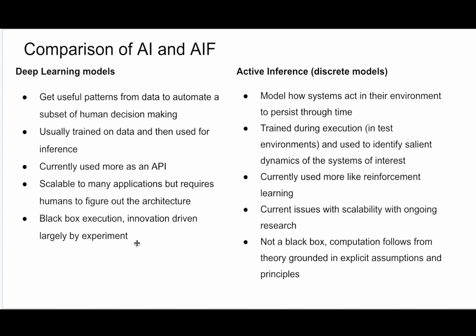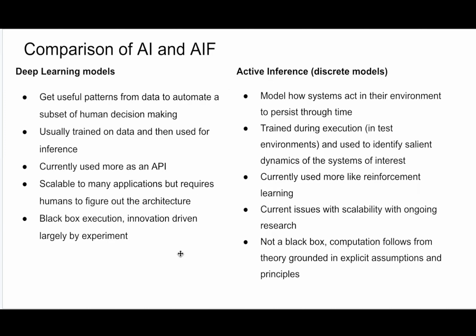The last 2 points are for deep learning models. In recent years they have become more scalable, particularly some architectures more than others. They scale to many applications, but they do require a lot of human intervention to figure out their particular architecture. Active inference currently faces issues with scalability, and the question of architecture is definitely also present